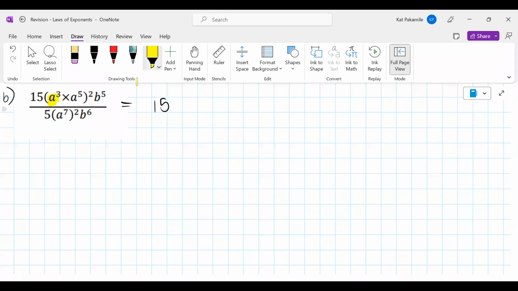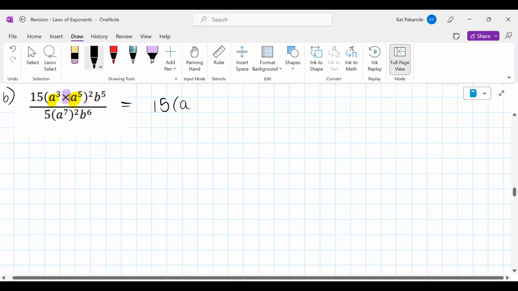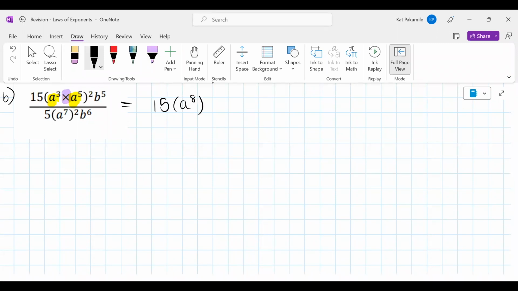We have an A. We have an A. We are multiplying. Remind me in the chat, if you are multiplying with the same base, what do we do to exponents? Let's hear in the chat. Thank you. We add them. So then inside the bracket, we're going to have A to the power of 3 plus 5, which is 8. See, it already looks better. Then don't forget to rewrite your 2 that was outside and B to the 5, all over